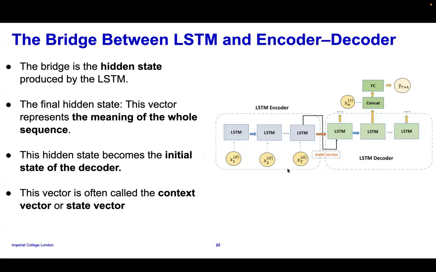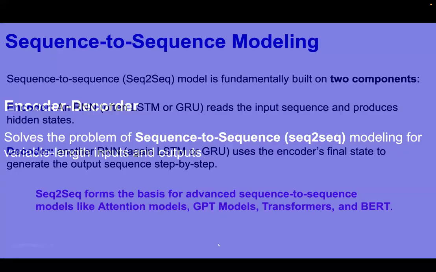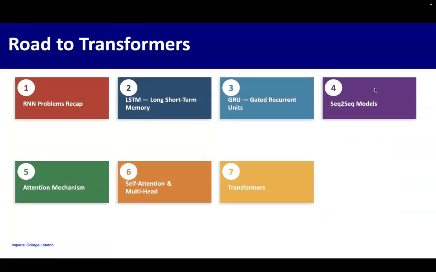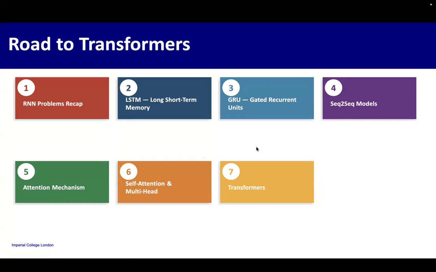So now we have another problem that we want to solve. How can we solve the issue where we don't have a single vector? That problem is now being solved by what we call attention mechanism. So what attention mechanism does,